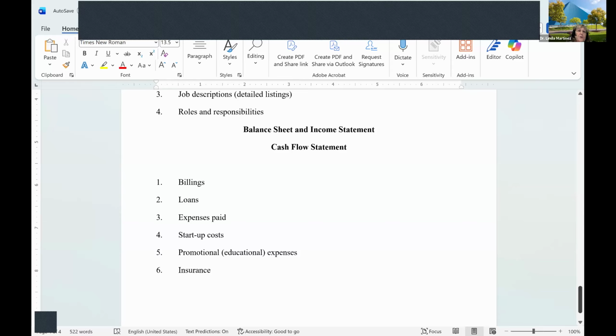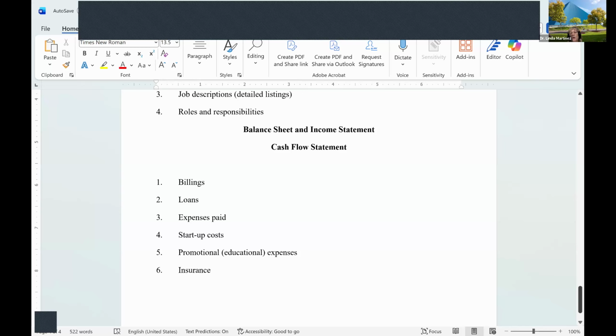Let's say they'll each chip in, I don't know, $500,000. So in that case, you wouldn't be looking for loans, but this would not be a nonprofit, I don't think. I think that would have to be a for-profit because they would want to get back some sort of dividends. So you do need to do a little research on that also.